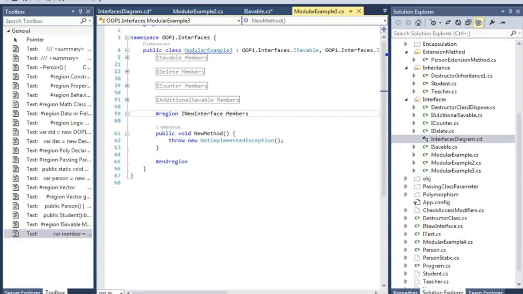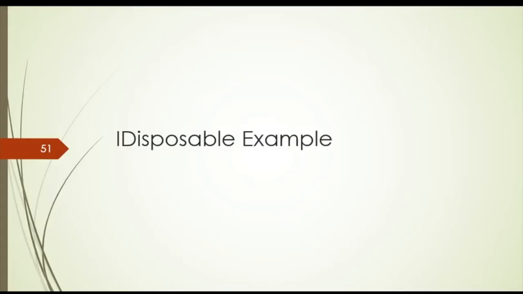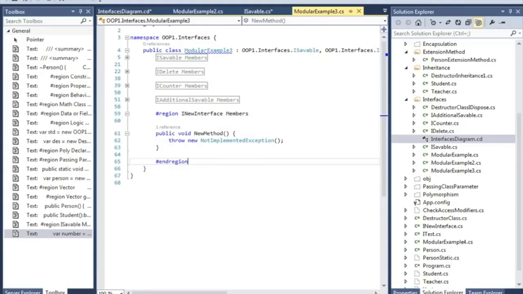So let's go to our slides and go over very quickly. So far we have seen destructors. iDisposable is another example of an interface and destructor that really works better than the class destructor. What is this? Let's go to the coding and see that we are in Visual Studio. So let's see some coding.